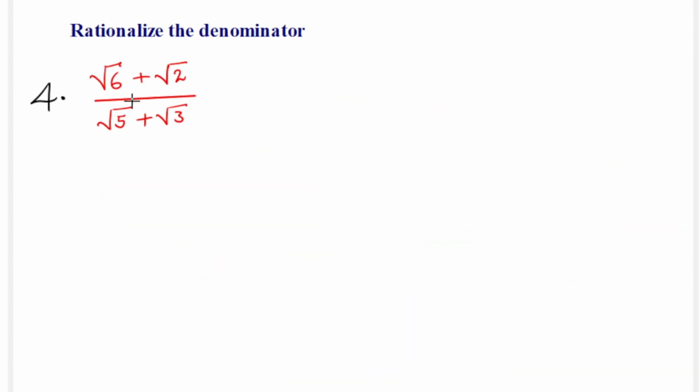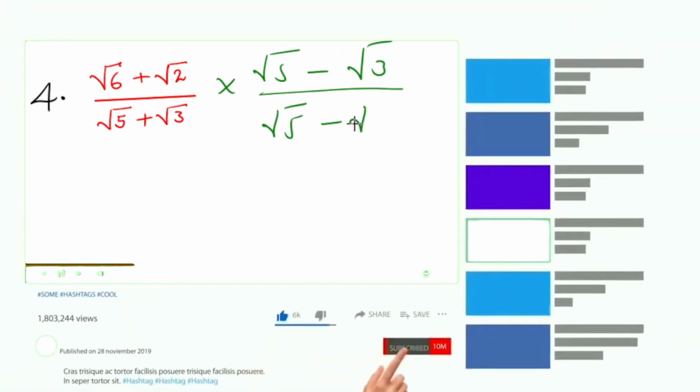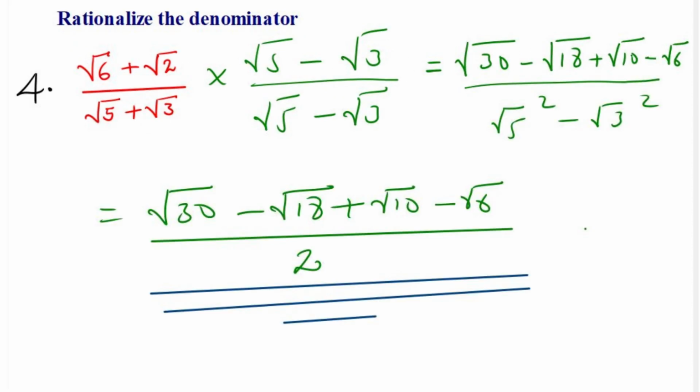This is the answer. Question 4: radical 6 plus radical 2 over radical 5 plus radical 3. So the rationalizing factor is radical 5 minus radical 3 over radical 5 minus radical 3. So this is equal to radical 6 times radical 5, we get radical 30. Radical 6 times radical 3, we get radical 18. Radical 2 times radical 5, radical 10. Radical 2 times radical 3, radical 6, over